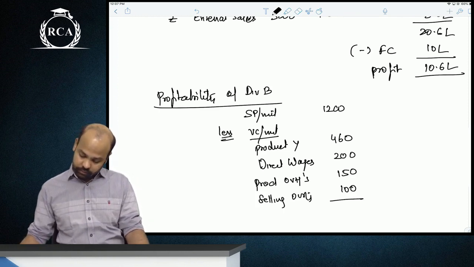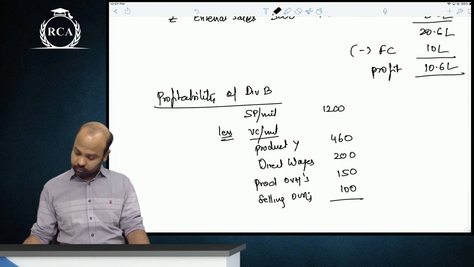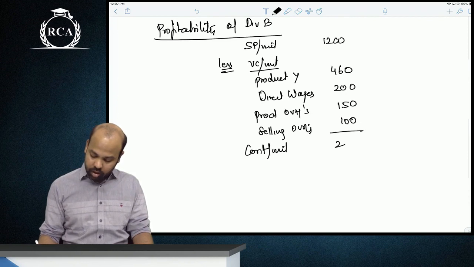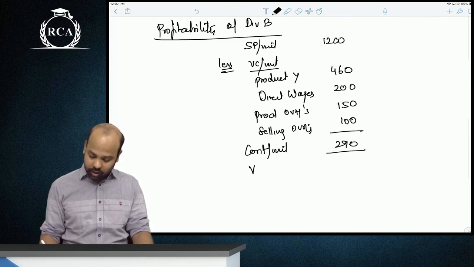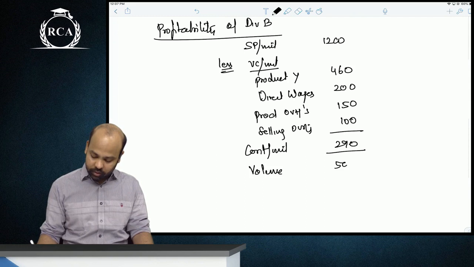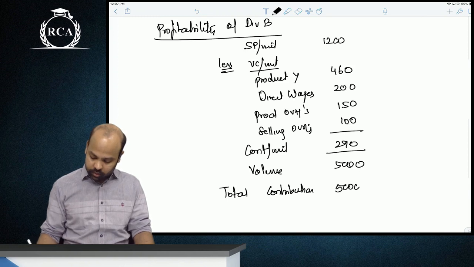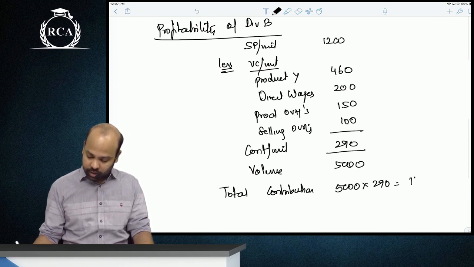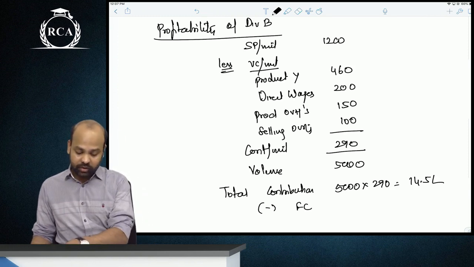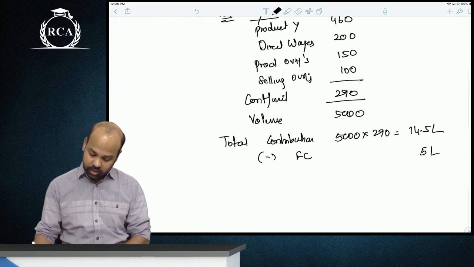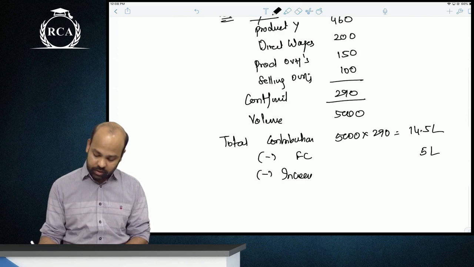The contribution per unit is 290. Do not forget that the volume is 5,000 units. Total contribution is 5,000 into 290, that is 14.5 lakhs. The amount of their fixed cost is 5 lakh rupees. Increase in fixed cost is